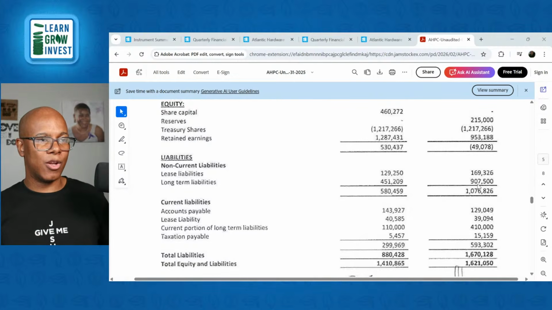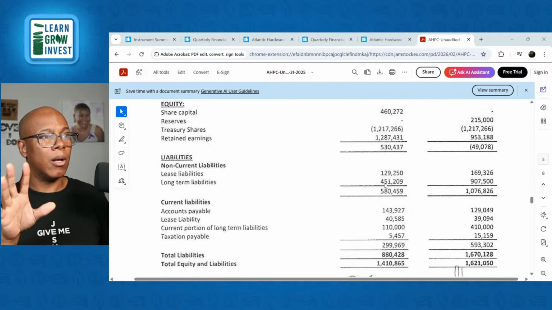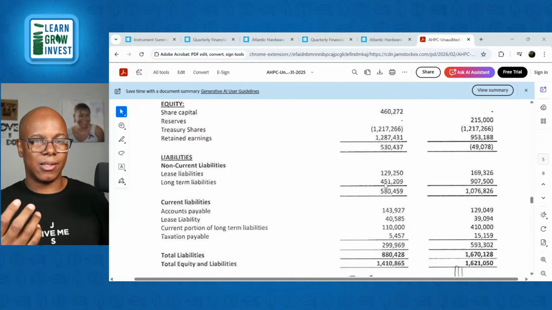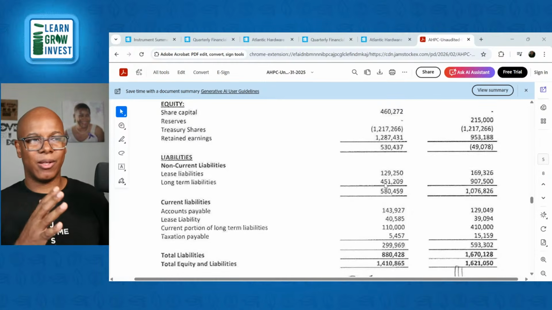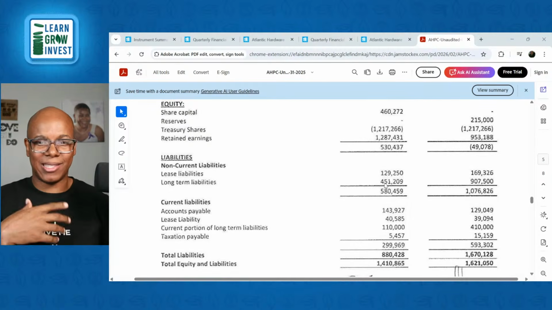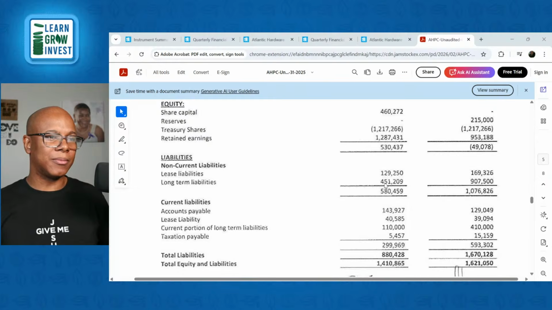So they had 907 million and they've brought that down. They've cut it in half to 451 million. All right. So I hope you understand also that when I say they cut it in half, I know I hear somebody out there saying that's not exactly half. Sometimes I'll just generalize some of these things so you get a general feel for where the numbers are going, right? So you don't have to be a stickler to say, well, it's not exactly half, it's X number of percent. For a beginner, I would not be,